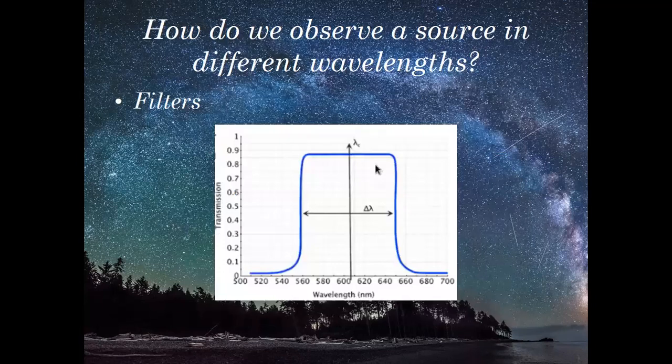Okay. So now the next thing is, how do we observe a source in different wavelengths? Most of the time, certain sources emit in radio frequencies. Certain sources are quite prominent in the IR range. Certain sources are quite prominent in visual ranges. So depending upon which particular wavelength zone you want to observe your object in, you need to specify your observation in that particular scale of wavelength.